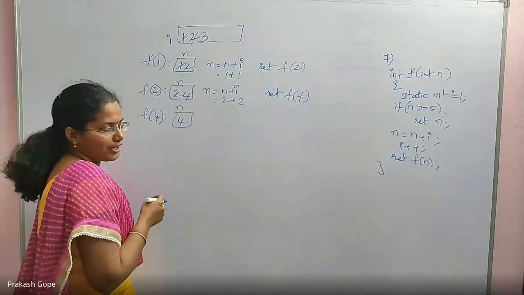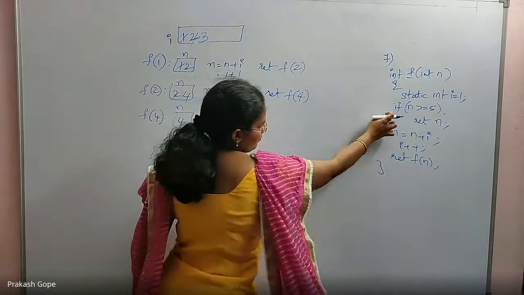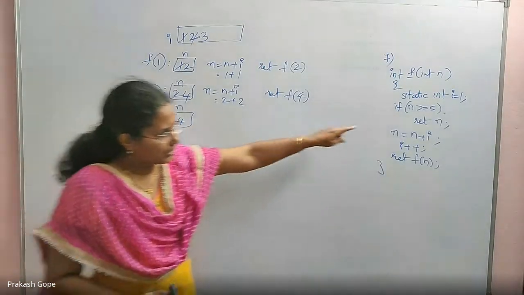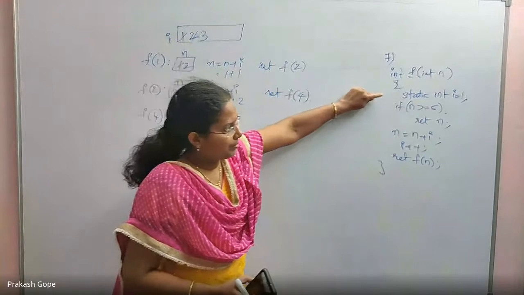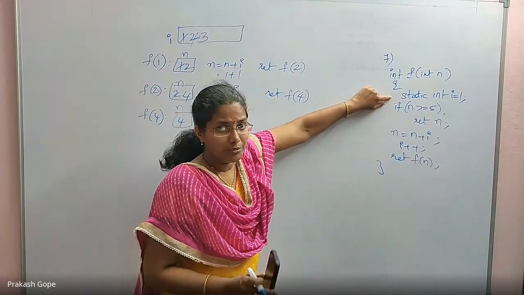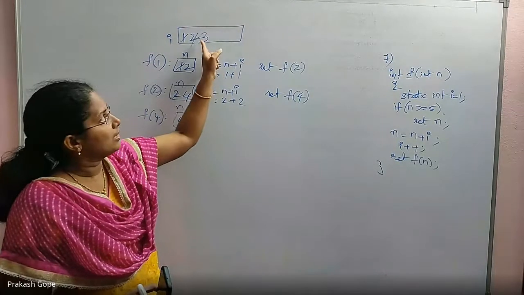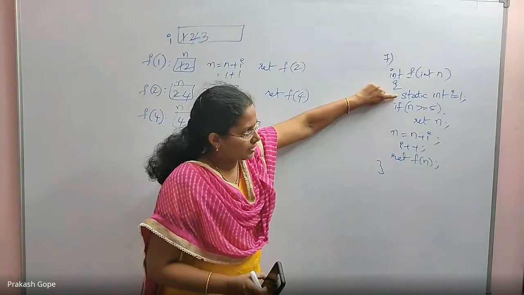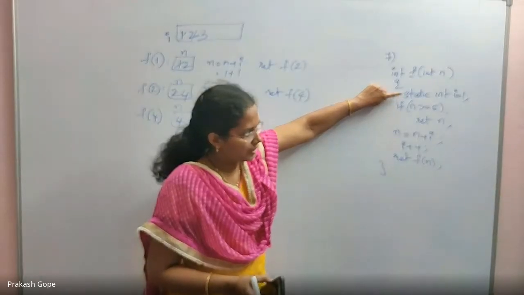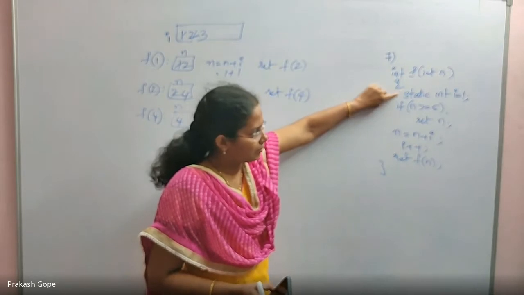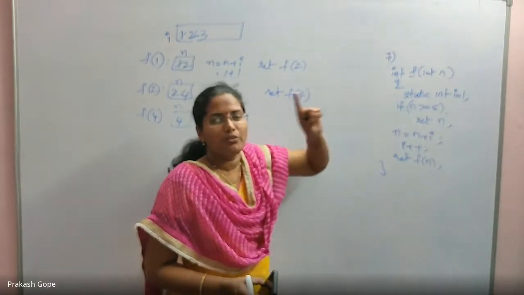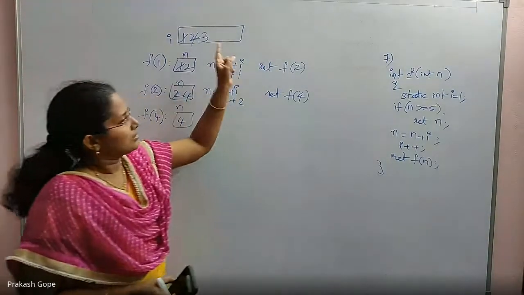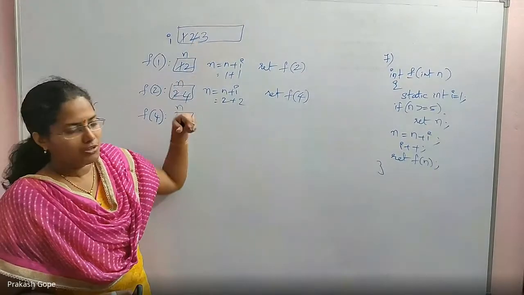n greater than or equal to 5 is false. So the return statement will not be executed. I hope you people understood the static int i. Every time I am ignoring it; only in the first function call I have created the memory, and all the other function calls of f will ignore this declaration line. I explained this to you last week. Those who have not attended that call, please understand. A static variable gets created only when the function is being called for the first time. From the second time onwards, the declaration line will be ignored and the same variable will be used again and again.